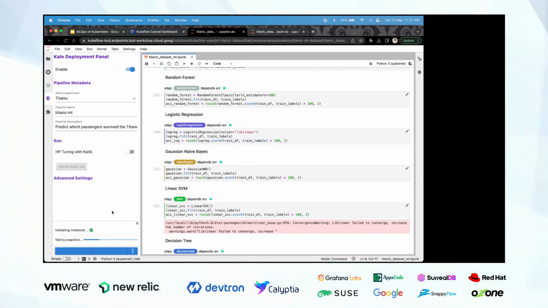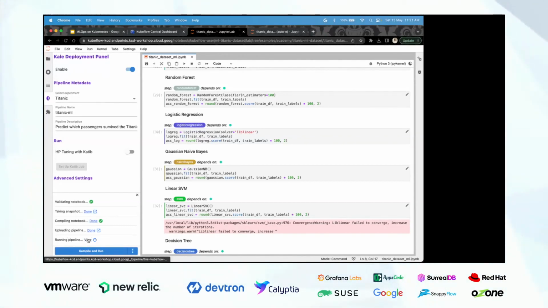This Kale has another feature, which I think is Rok, which takes snapshots of each of the components of the pipeline, so that at a later point if we want to debug it, we can do it. Now it says uploading the pipeline, running the pipeline.